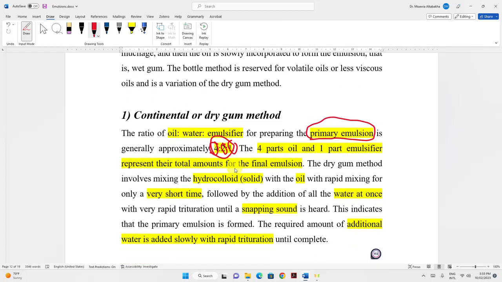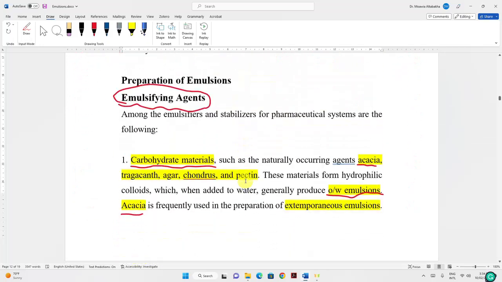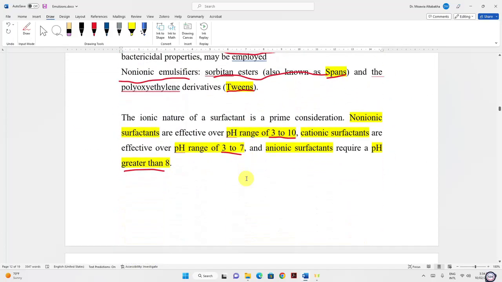Why do they call it dry gum? It's called continental or dry gum. The reason is that the gum, the acacia you usually use, which is a solid hydrocolloid, is mixed first with oil, not with water. That's why they call it dry. And the reason for the name dry is that the colloid, which is water soluble, is mixed first with,